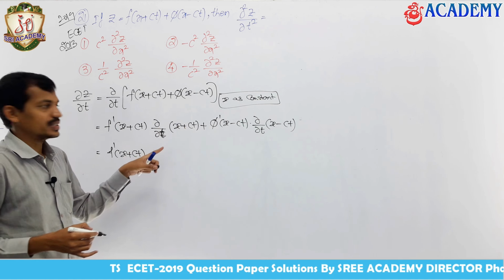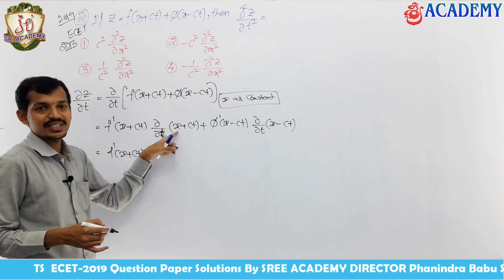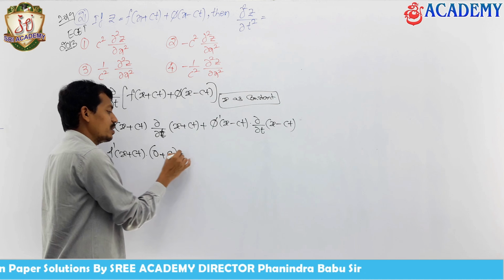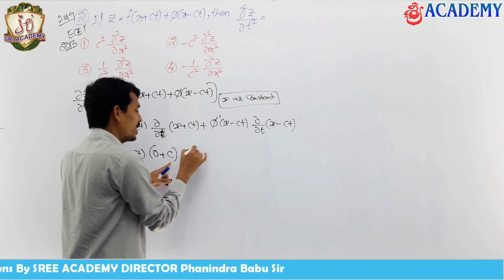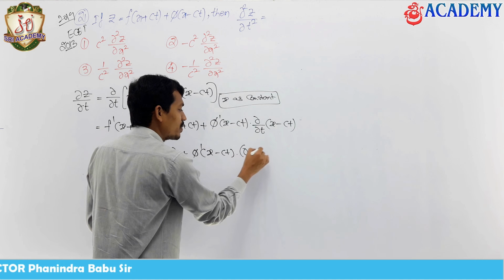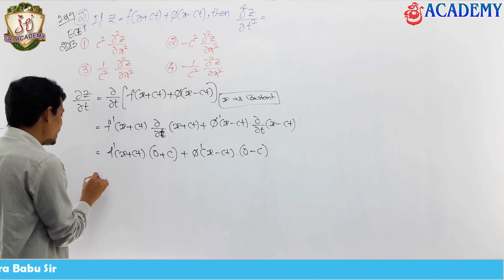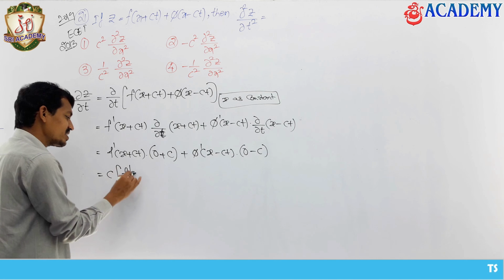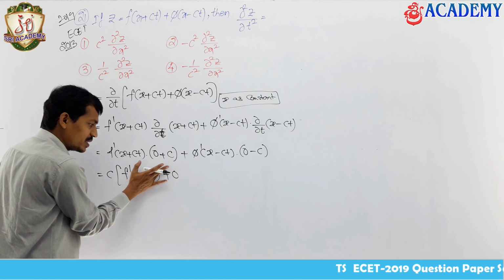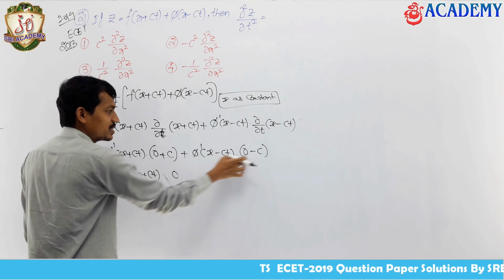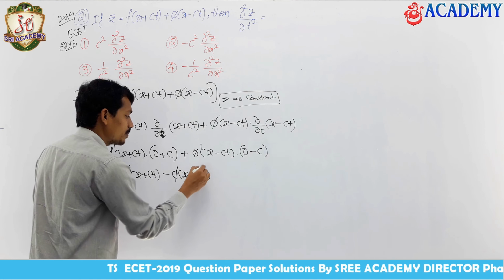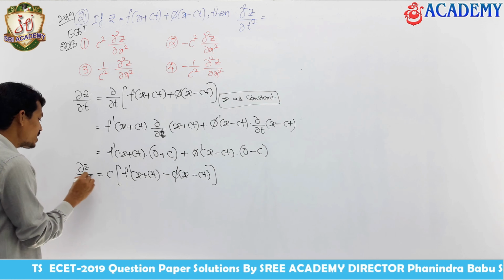We treat x as a constant, so its derivative is going to be 0, plus c into t derivative, which is 1. That is 0 plus c, nothing but c. Pi dash of x minus ct with respect to t is 0 minus c into 1, that is minus c. If I take c common, c into f dash of x plus ct, plus into minus gives minus pi dash of x minus ct. This is dou z by dou t.